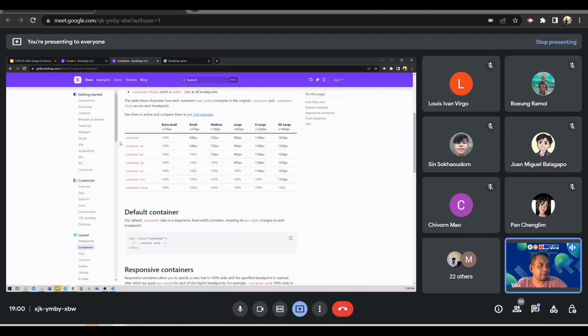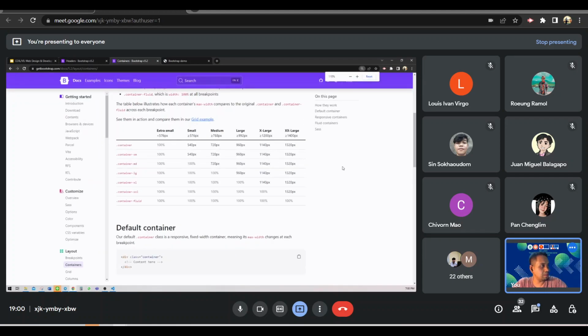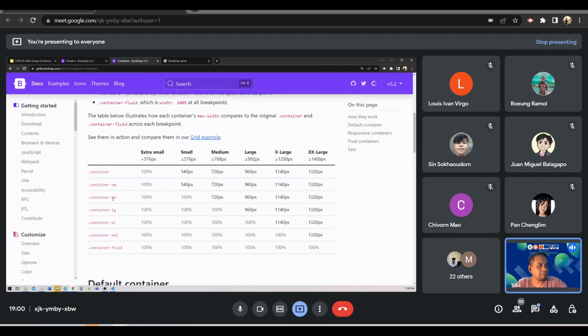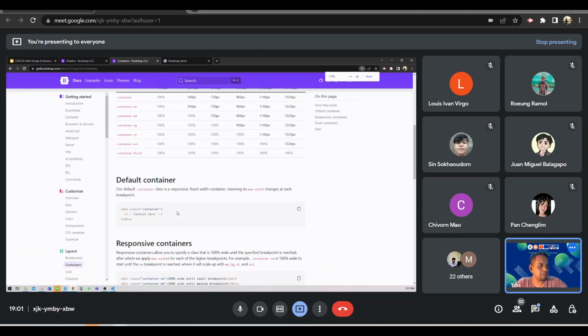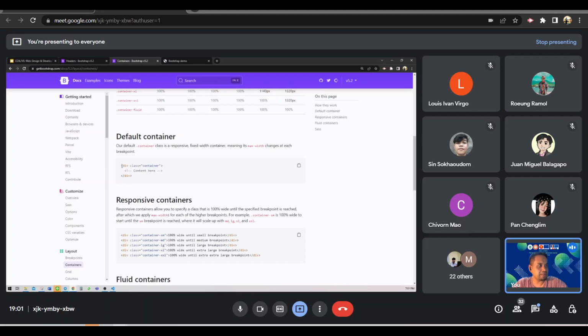So there are things that you need to know for the containers. There is SM, MD, LG, XL. This is the size of the containers, integrated with a specific size, and it's already stated there. SM stands for small, MD for medium, LG for large. Now let's try to use some of the containers here. For example, div class container. So you just copy this